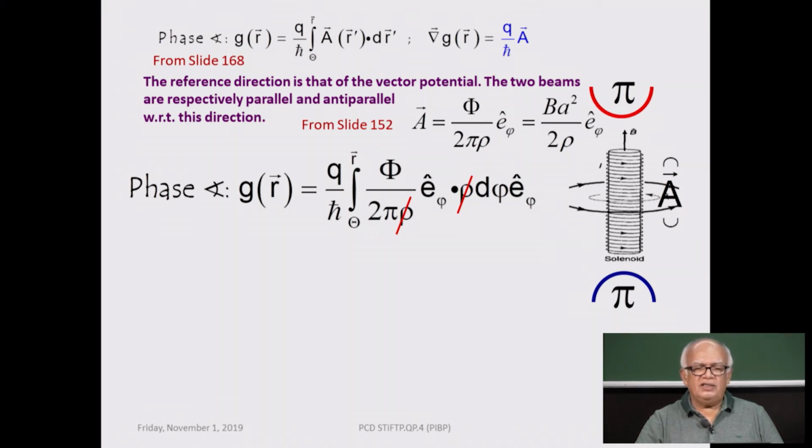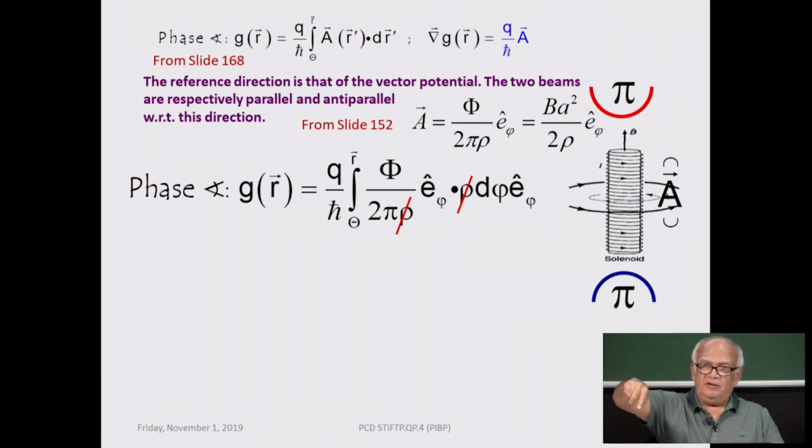And now if you evaluate this integral, notice that the displacement delta r is rho delta phi. So the rho in the numerator and the denominator cancels. Now in this integral the flux comes out as a constant. Flux is only what is inside the solenoid, so it has nothing to do with this region at all. 2 pi in the denominator also comes out as a constant, so phi over 2 pi comes out as a constant, so you have q times phi over 2 pi, and then you are integrating d phi